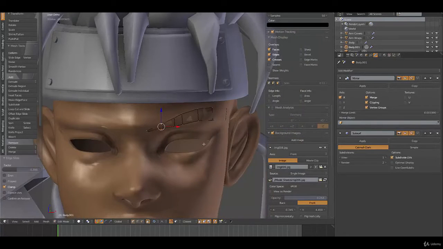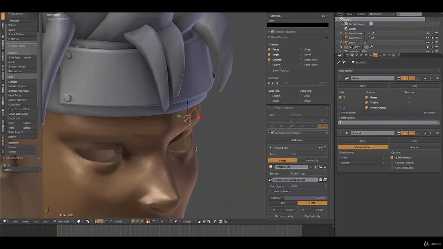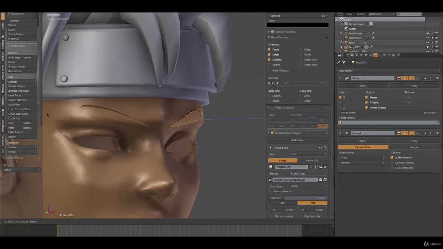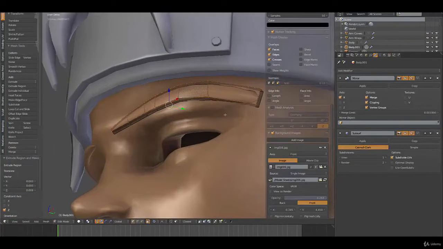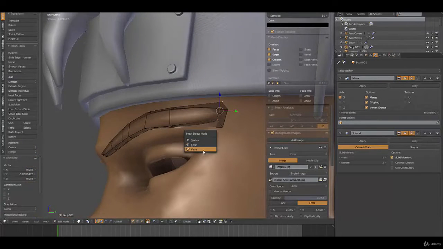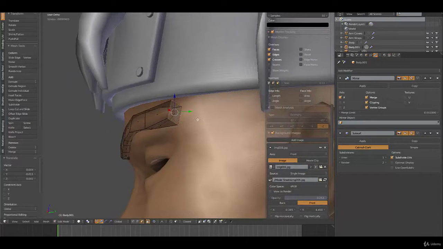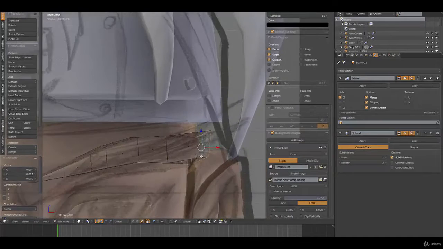Okay, so now we got the basic shape. So we can disable all of these, and now we can extrude outward. So let's just extrude till we get to the surface. Okay, good. So his eyebrows, at least the backs of them anyway, kind of come out and fray out like so. And so in order to make that effect,